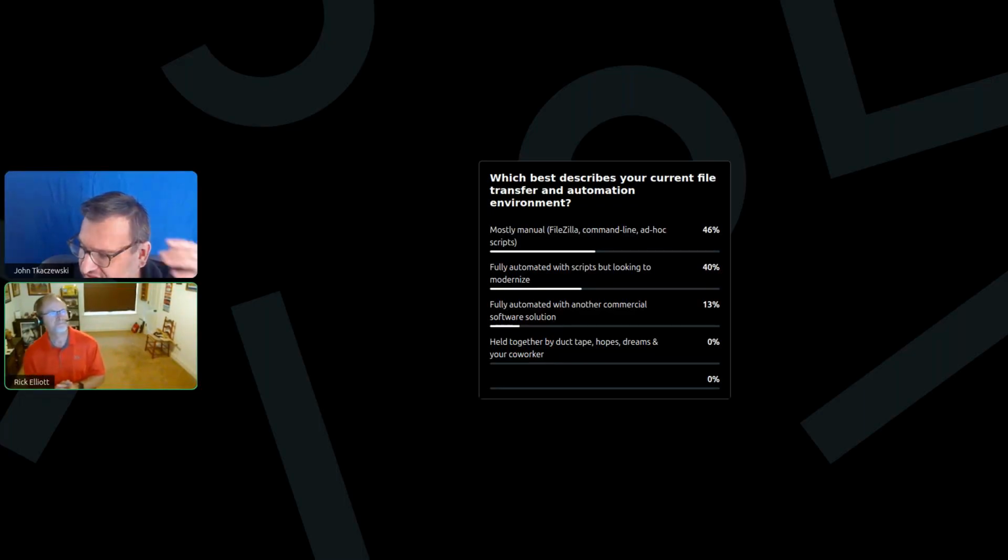Awesome. Okay. What is the largest migration in terms of the number of scripts or automation workflows you had to migrate into GoAnywhere? And then give me also the smallest number and an average number as well, so the audience has an idea what is small, what is medium, and what is big for us.